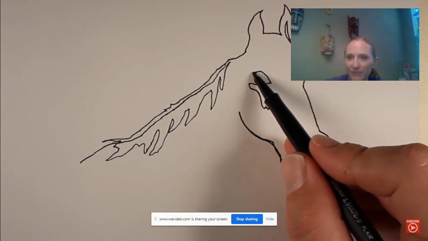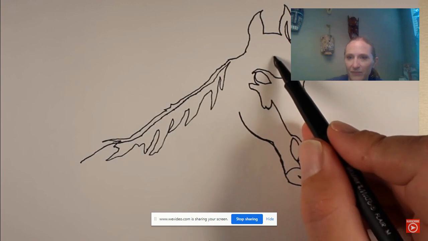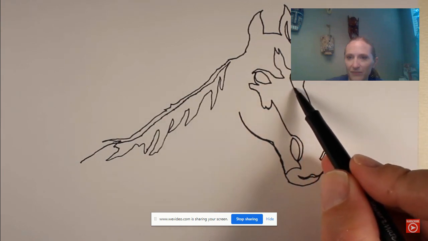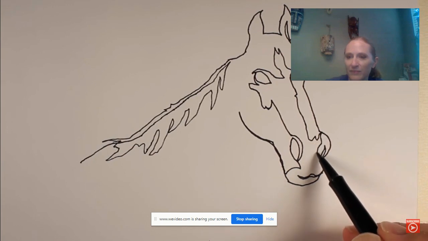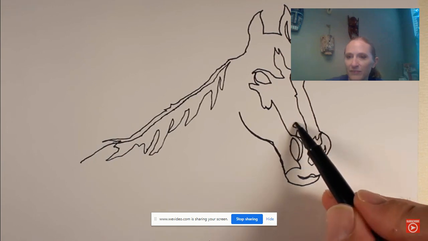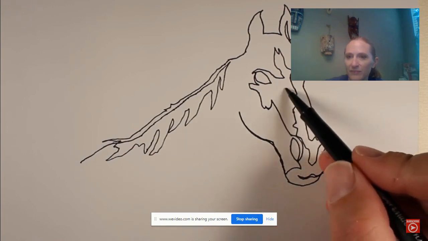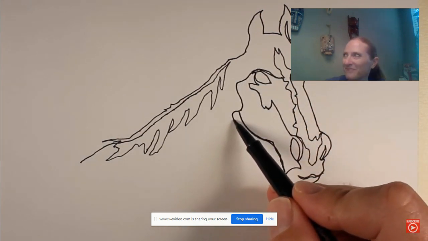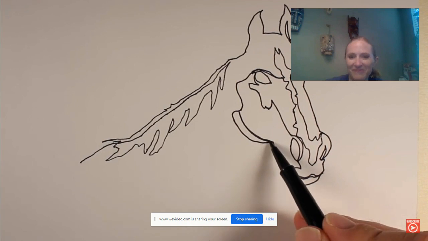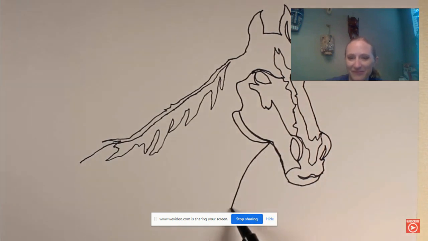This includes areas of contrasting values. As you see, I went up the side of the horse's face where there's an area of shadow, and there's an area of white hair on the face of the horse here that I'm outlining as well. Now remember, this is an exercise, one that is designed to train your brain to see as an artist. Anytime that we can improve